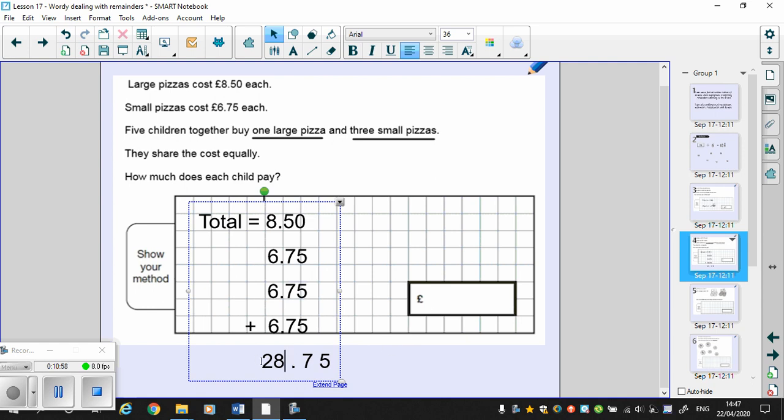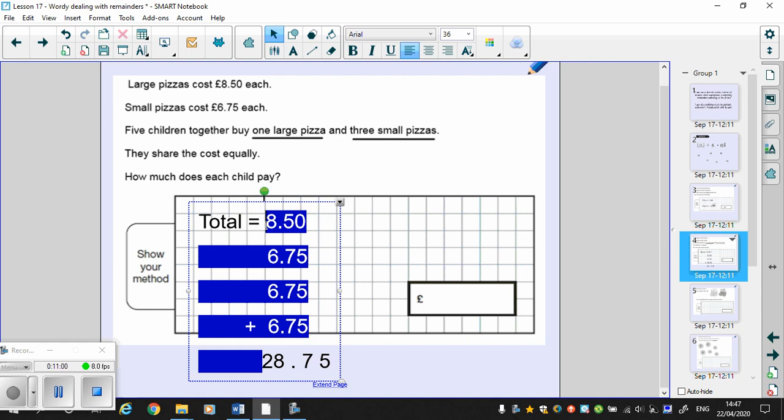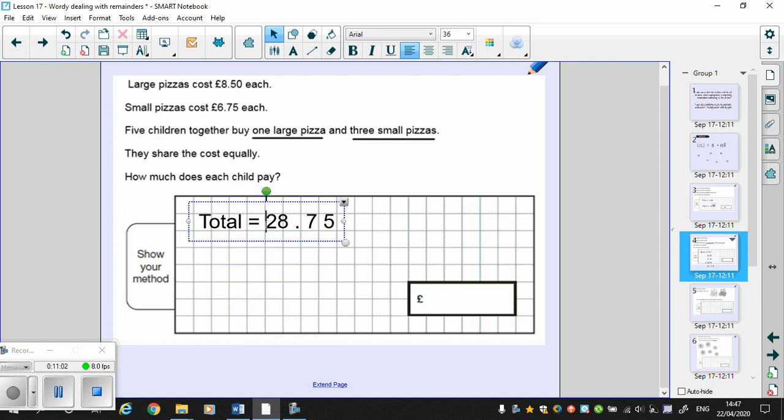Now I'm going to cheat and rub out all my working out, but you need to leave yours in there. So my total is £28.75, and that has to be shared equally between the 5 of them. So each child equals, and I need to do a gazinta of 5